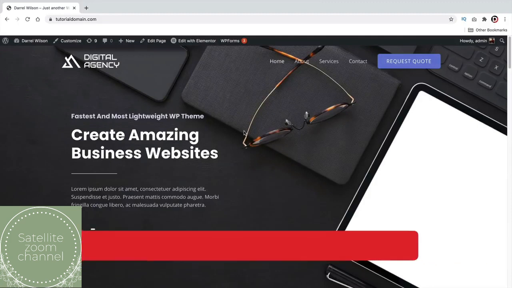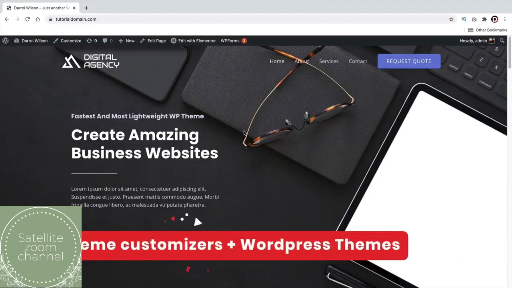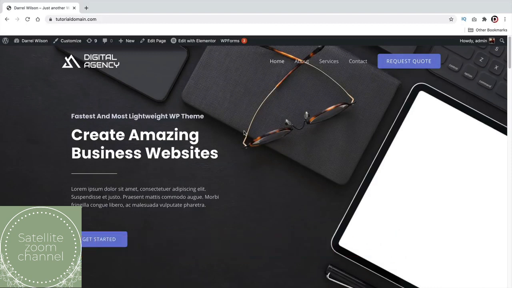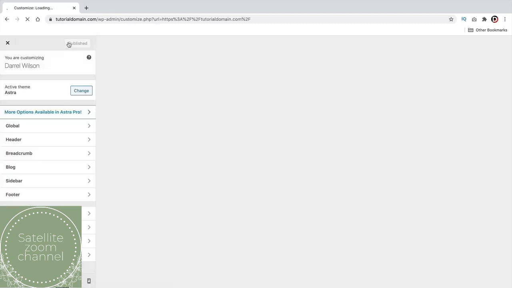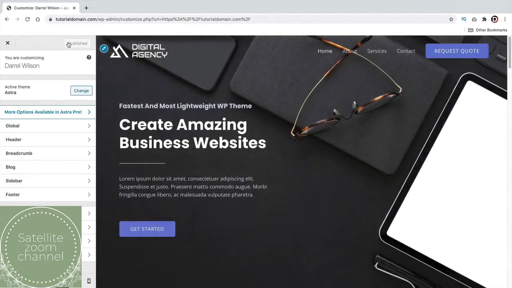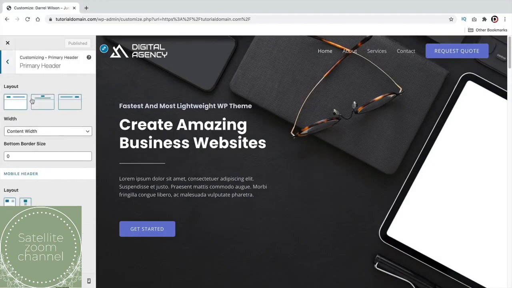All right, party people, in this section, we'll be talking all about theme customizers, and we'll also talk about other various WordPress themes. Every WordPress theme has a theme customizer. And remember, the theme customizers control various parts of the website, like the blog. It'll control your archive pages. It'll control your header and your footer as well. Now, Astra recently introduced their new header and footer builder, and you click on primary header, you have this